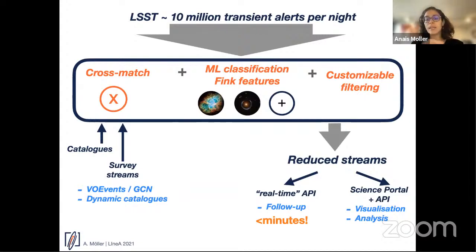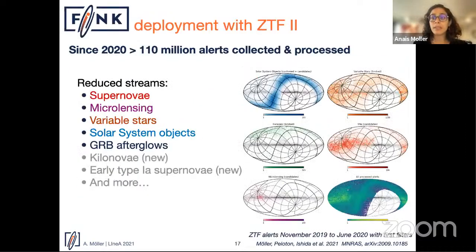And there is the other way, that is the science portal, which is basically a web page, and the API, which I'll show you at the end of this talk. It is basically the information that we accumulate every night. We put it in a web page publicly so you can access it. And this is a little bit more visual and easier to talk about than a stream of candidates. Here there is an interesting event. It's quite rich.